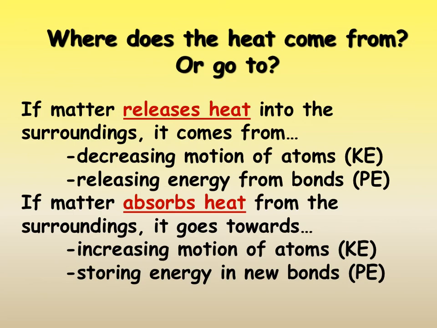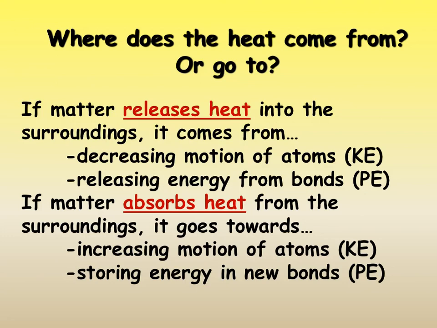Then this is the sum up of what I really want you to understand in general terms about what's going on. If matter releases heat into the surroundings, heat is energy, so that has to be coming from some sort of energy. It can either come from kinetic energy, which means if we lose heat from the system and it goes out to the surroundings, then kinetic energy would decrease by decreasing motion. Or you can release energy by breaking bonds and allowing the potential energy inside the bonds to be